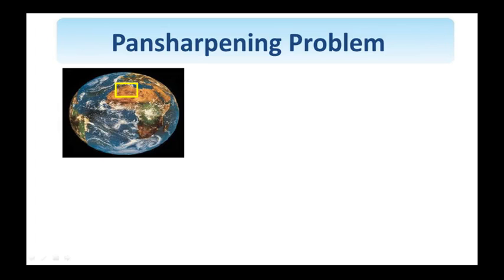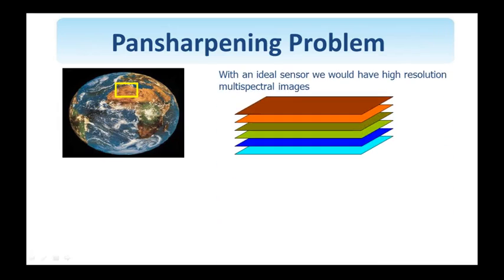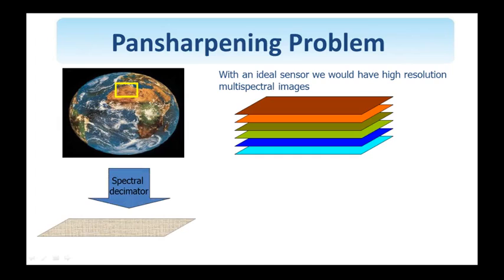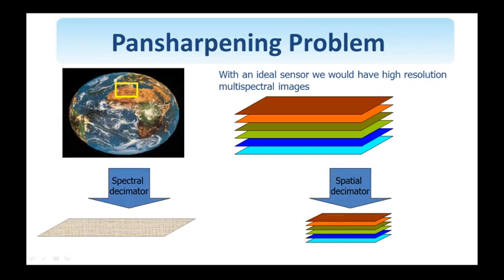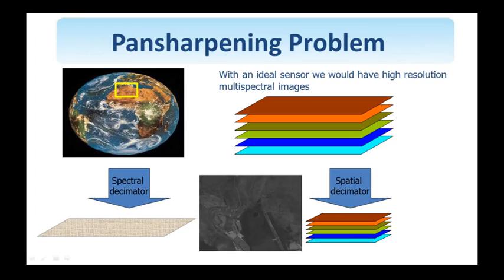Another recovery problem by the name of pan sharpening is encountered in multispectral imaging, in remote sensing, when images are acquired, for example, by Landsat. So in that case, instead of having an ideal sensor that would generate high-resolution multispectral images, instead there is spectral decimation as well as spatial decimation. So the spectral decimator results in a high-resolution image, but the frequency information has been lost. It's a grayscale panchromatic image, while the spatial decimator will give each and every band of this multispectral image, but